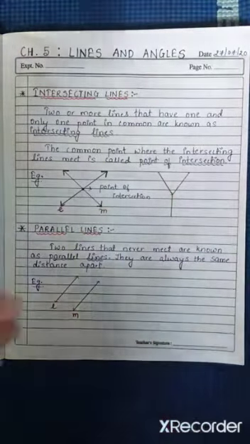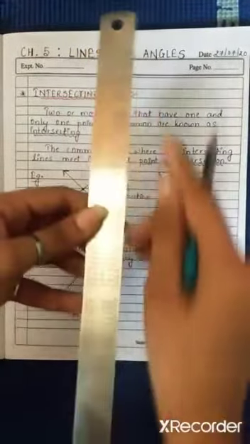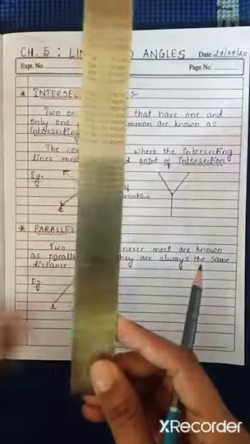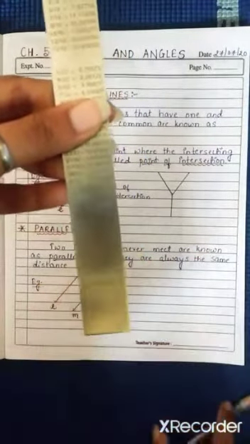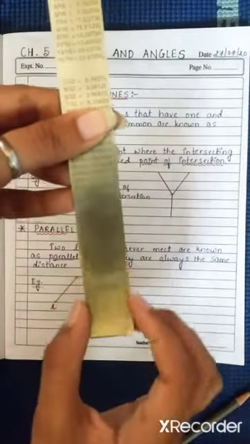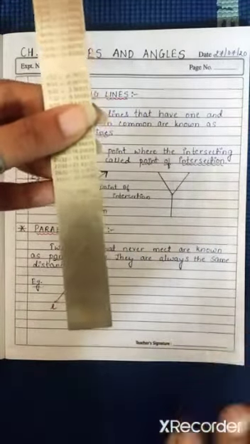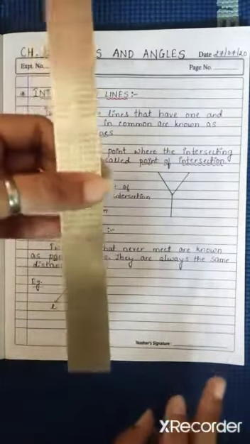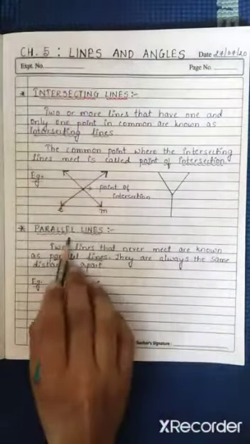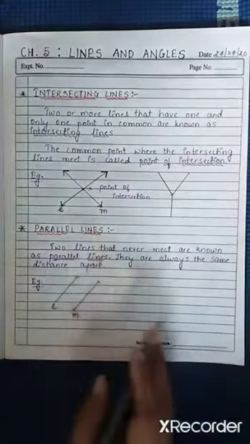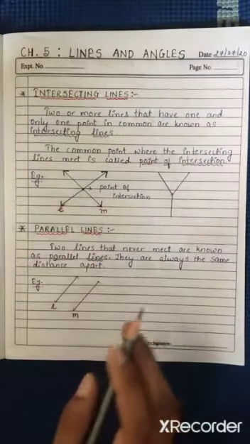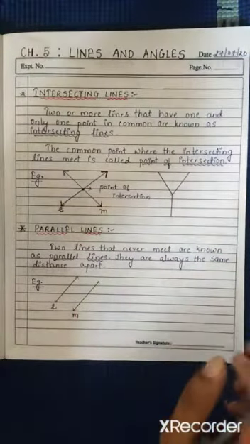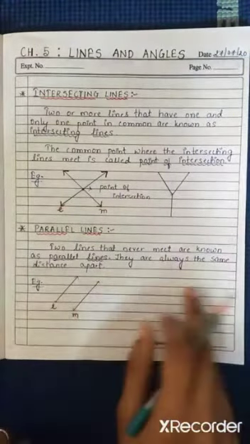Again, we can take examples of the same from the scale. So this edge of the scale can be taken as one line, and this edge of the scale can be taken as another line. Can these two lines ever meet each other? The answer is no, because no matter how we extend these lines further, they are never going to meet each other. So such lines are known as parallel lines. Other examples you can take are parallel edges of a table, parallel edges of a bed, railway tracks. Under some conditions, railway tracks are also an example of parallel lines.